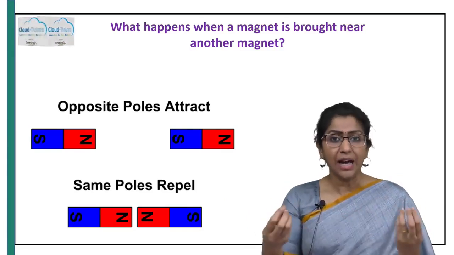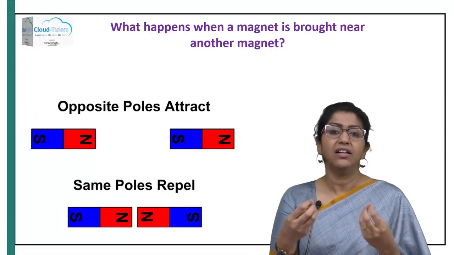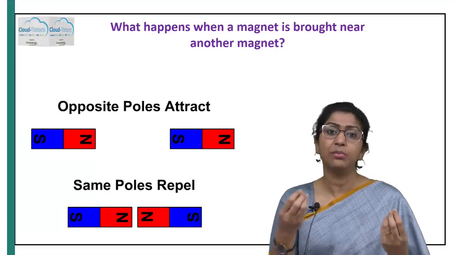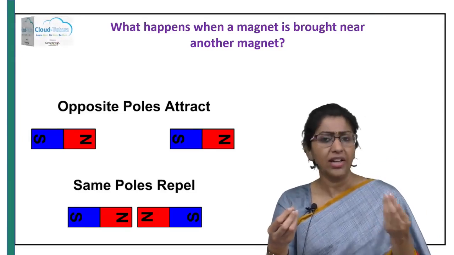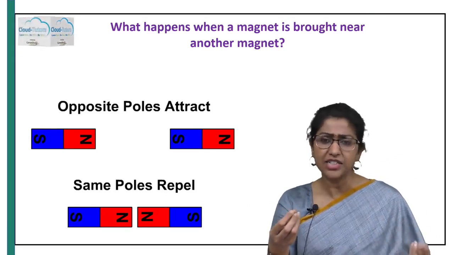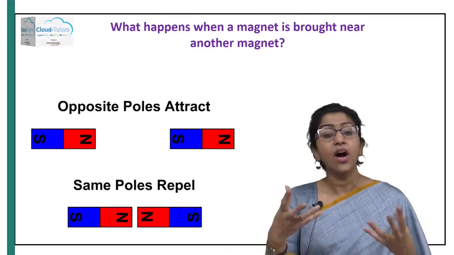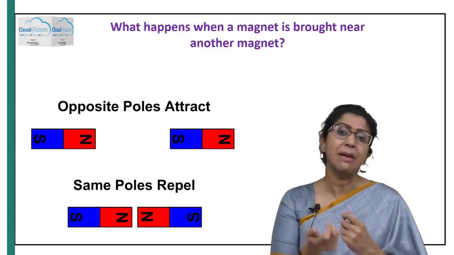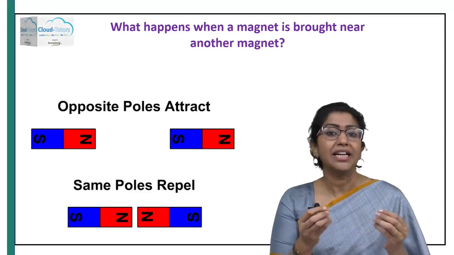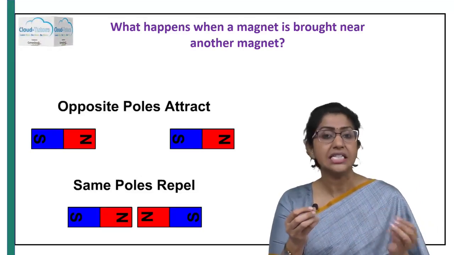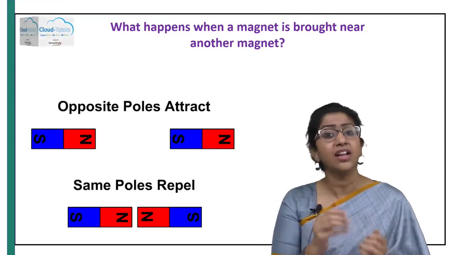So repelling happens only when you bring 2 magnets together, and attraction happens when you bring one magnetic substance such as an iron nail or a safety pin or anything that is made of iron or steel closer to a magnet, right? So how is this different, and why does a magnet behave differently when you keep it near a magnetic substance like iron or steel, but slightly differently when it is kept near another magnet?